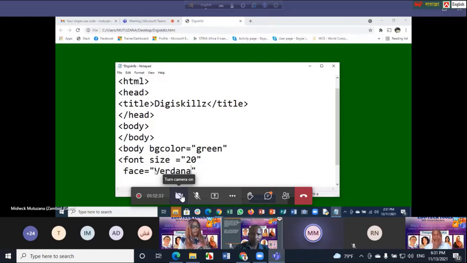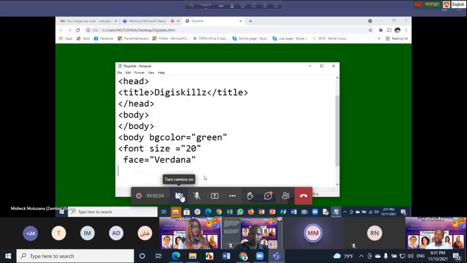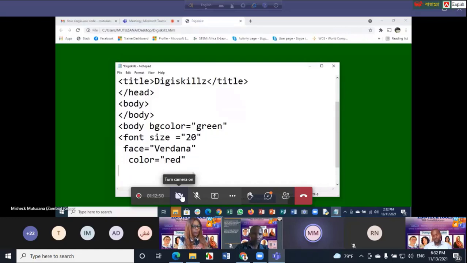Also, allow me to put the color of the words. Remember, I will say color, equal sign, double quotes. The color, maybe in this case, I will say red. Now, what am I typing? I want the name. For example, I will put in capital letters DG skills. Then I'll close.